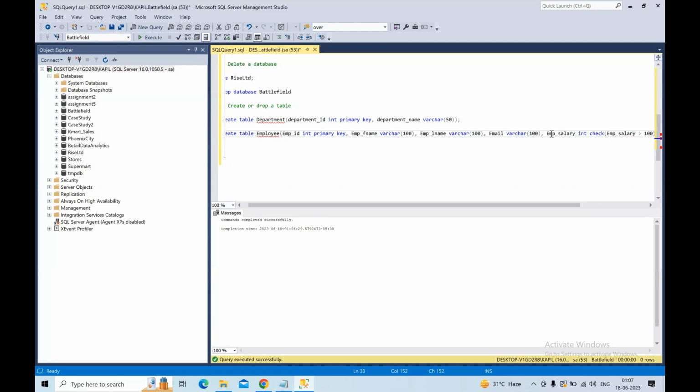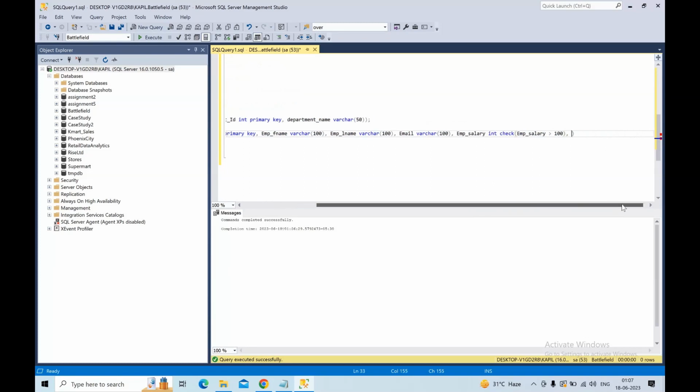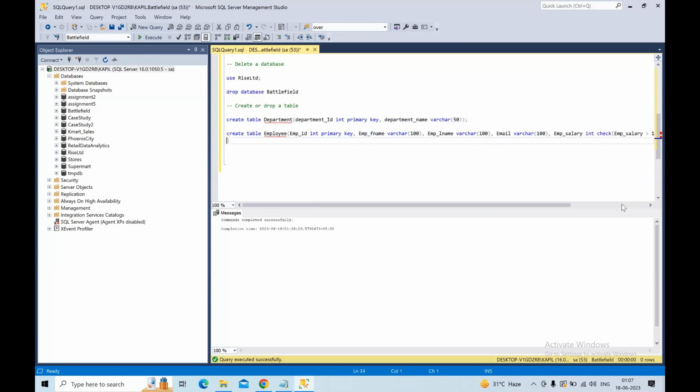Alright, next let me put department ID in the same table to connect these two as a foreign key. Because department ID is the primary key on the first table, and if we use it here it will be called the foreign key. So it should be of the same data type. I'll just copy it from above. So department ID integer, which is the foreign key,